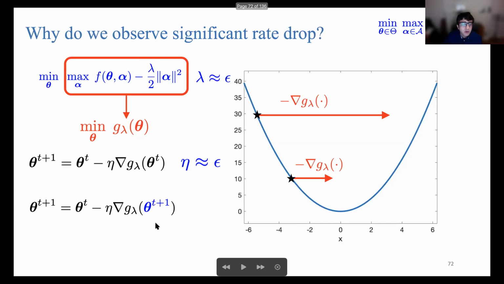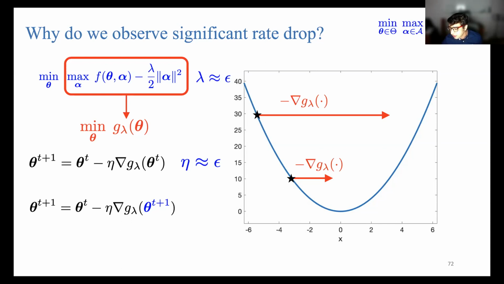But we also know that we can use the look-ahead strategy. Instead of using the gradient value here, if I'm moving here, I look ahead and look at the gradient there, and that could help me take longer step sizes. So I don't need to use large step sizes. In particular, we know that this type of update rule, which is the proximal point type update rule,